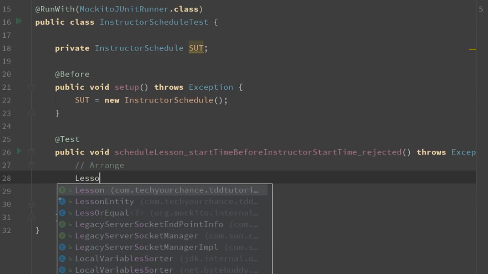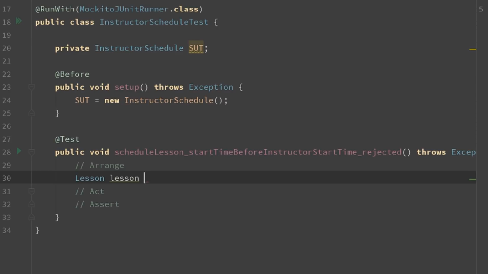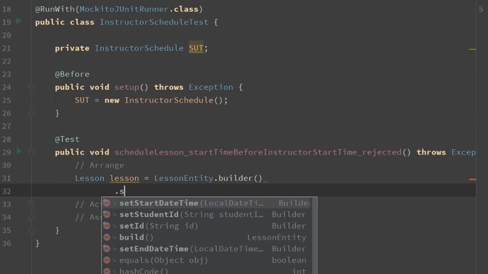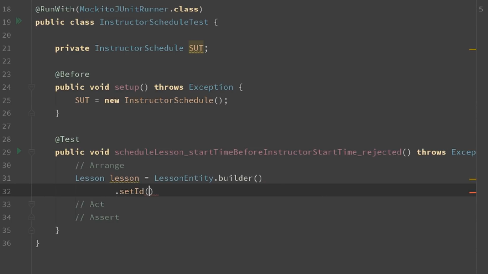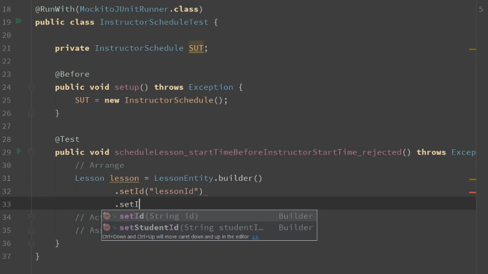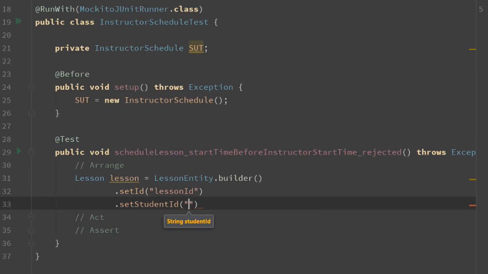We create a test lesson, set some fake ID, set some fake student ID,